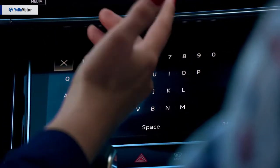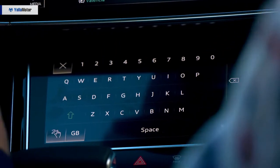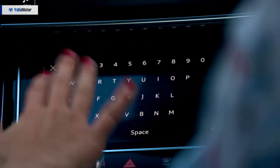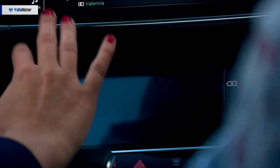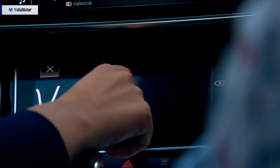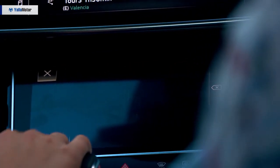But I can also swipe like Valencia. There you go. There we go. Fix it like that, really fast. Right. But what I like personally the most is the handwriting. So I can use the full screen and write in a stroke what I want to enter. VALENC. But also I can rest my hand on the shifter and write